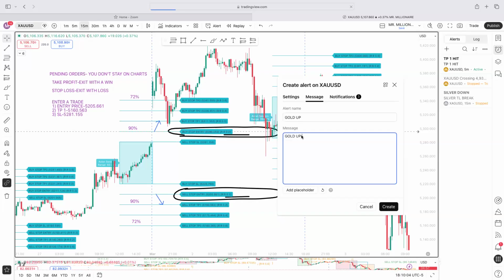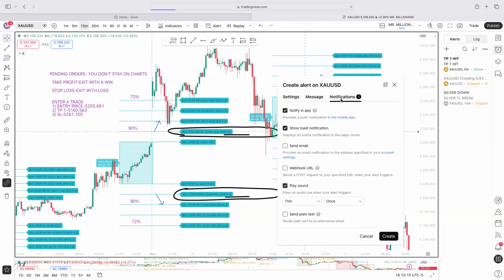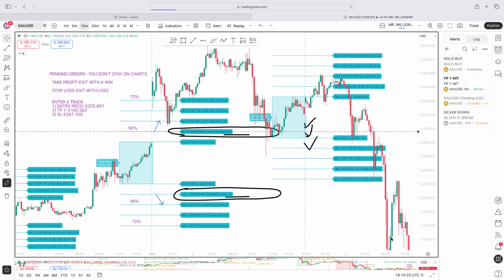Just letting you know that the gold buy was triggered. Once you hit notifications, you can get an in-app notification. You can get a certain sound that'll play. But to keep it simple, we'll just leave it as is, and then we'll just hit create. Once we hit that create, that alert is now active, okay? The second thing we want to do is go get an alert for the sell stop entry right here, and we just take that same number,